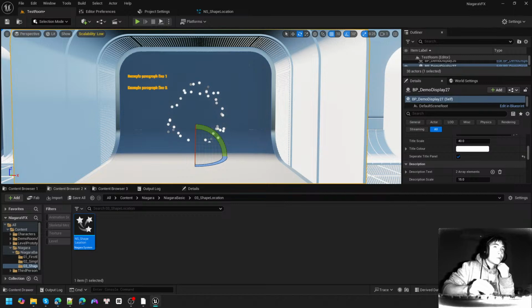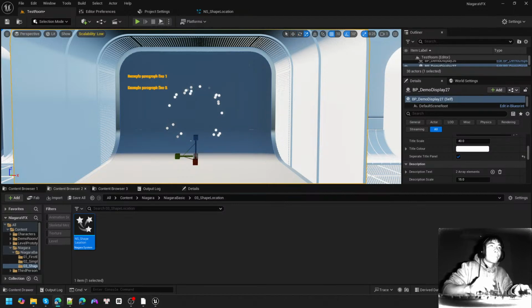And now you can see this shape has been rotated, but instead of a value